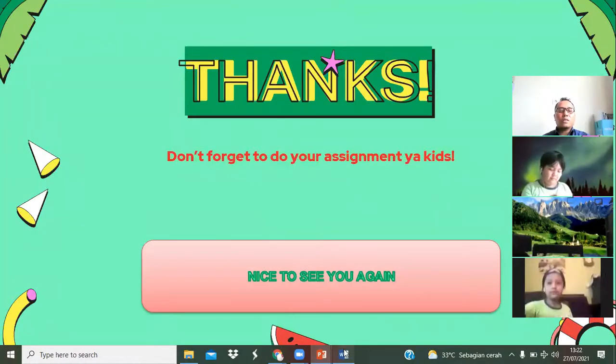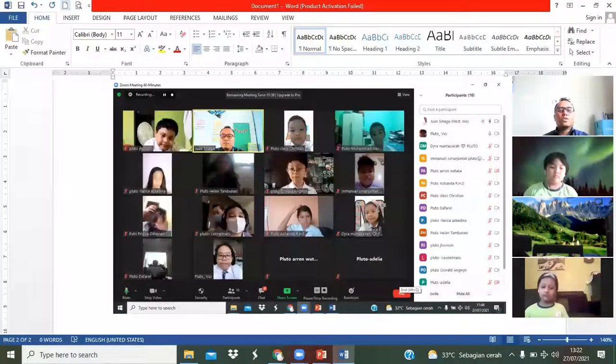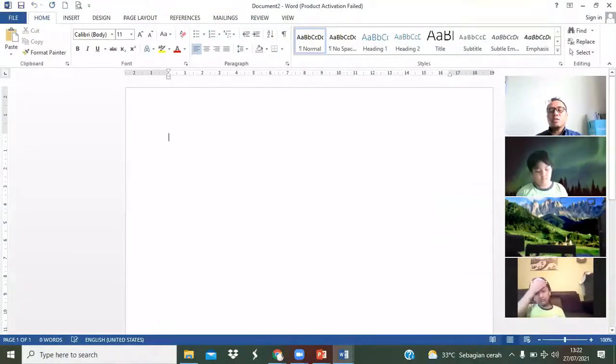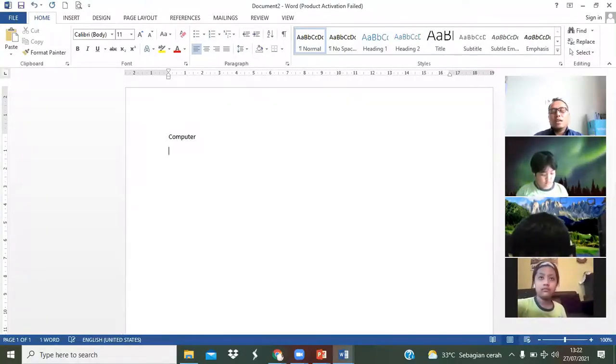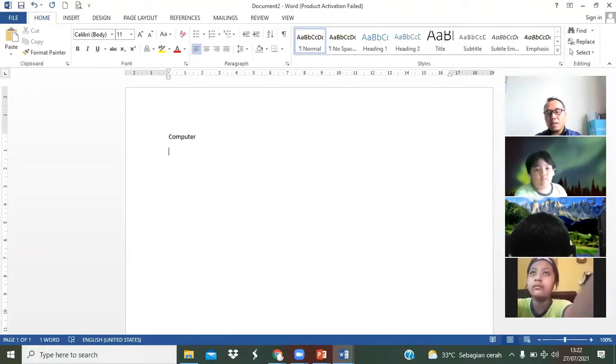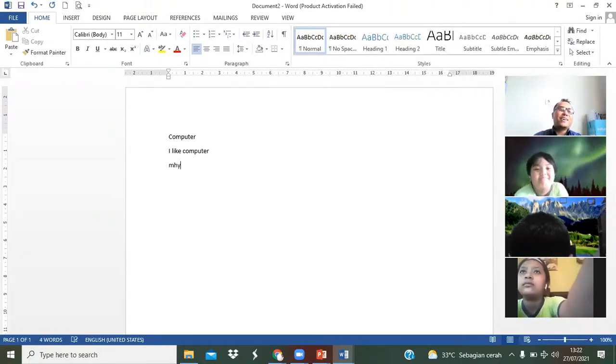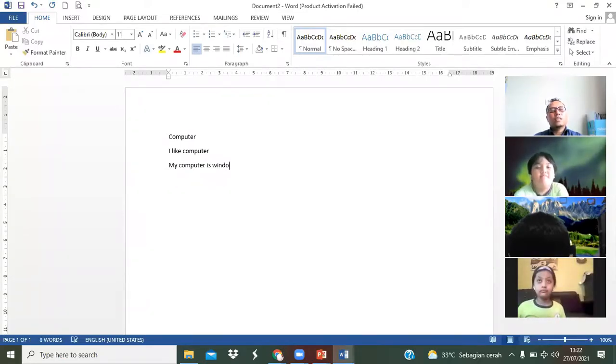Okay, I open Microsoft Word, ya. One, okay. Fokus ya, kid. I type computer. Yeah. Who want to give the text about computer? Okay, you can speak directly. My computer is Windows 10. Okay. My computer is Windows 10. Okay, and then who want again?